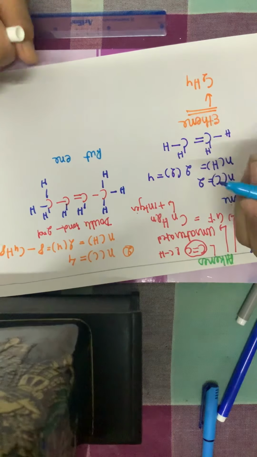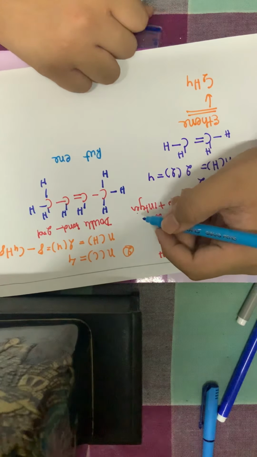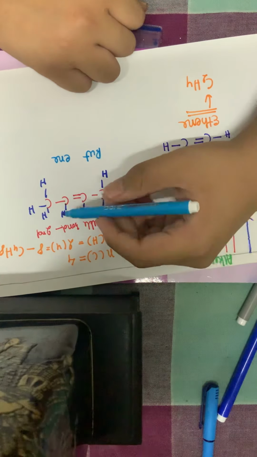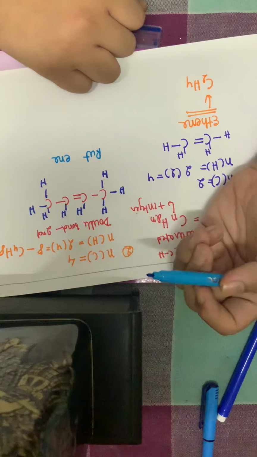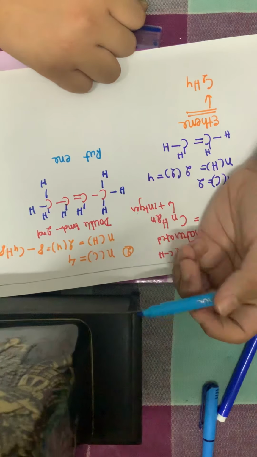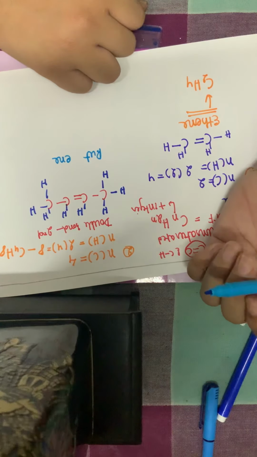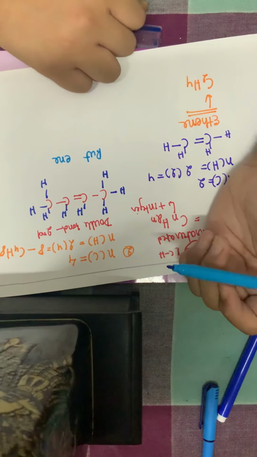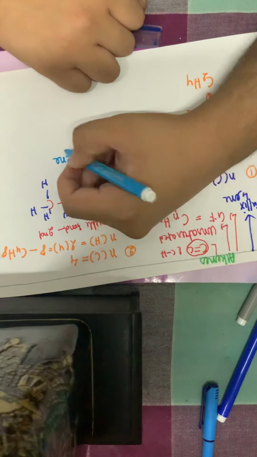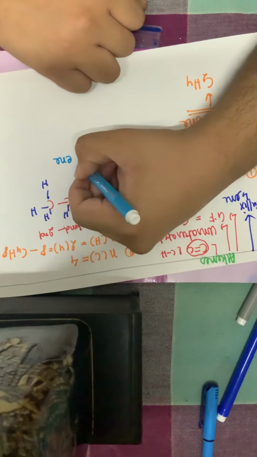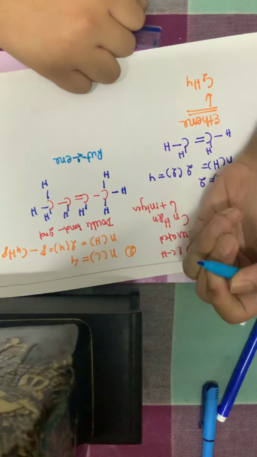But here there is one thing which is important: writing butene is fine, but we need to understand where the double bond is. Suppose I have been given the name butene and I have to draw the structure. It will be impossible to understand where the double bond is. So I have to specify where the double bond is, that means where the ene is. It is at carbon number 2. So I write 2 here and I separate it by a dash.